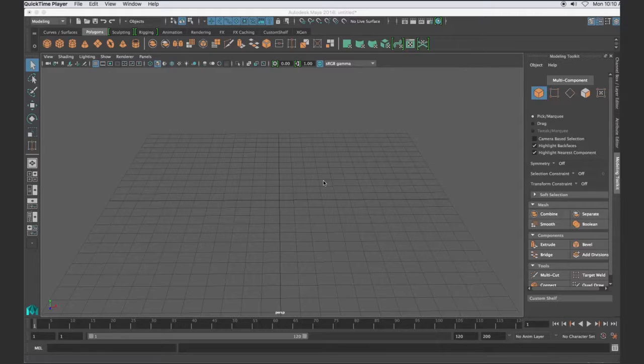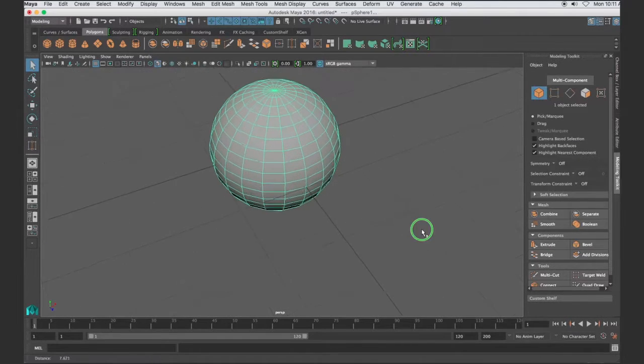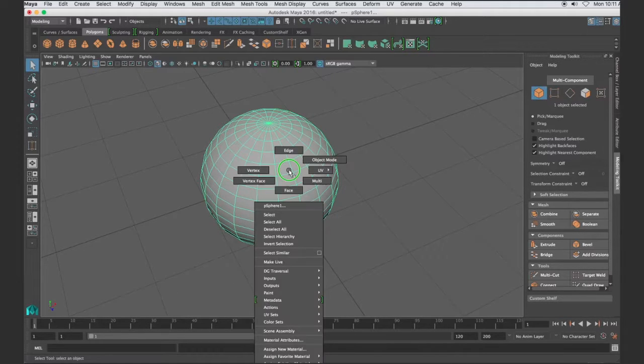In this tutorial we're going to talk about the parts that make up a polygonal object. At this point we want to break down the polygonal object and see the parts it's made out of, and those things are called components. So let's take a look at this Polygon Sphere, and if I right click on the sphere I get a